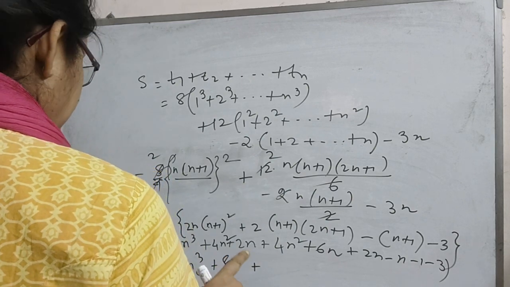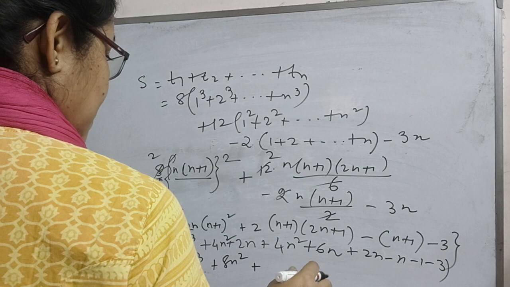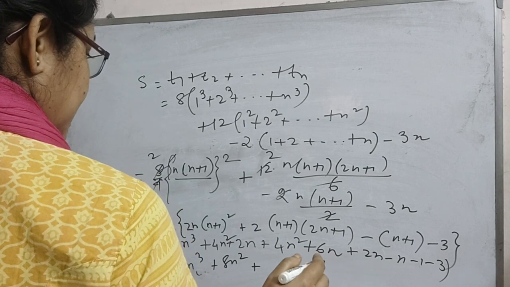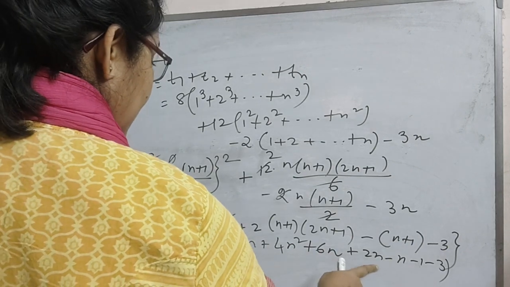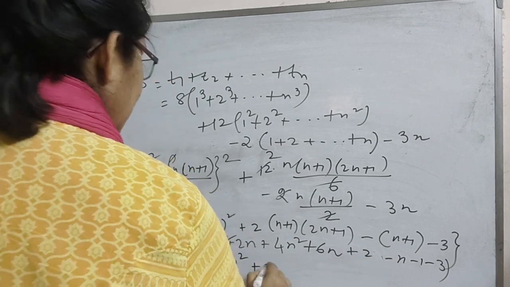Eight n square minus 3, that is 1, 1, this is 2, that is 8n